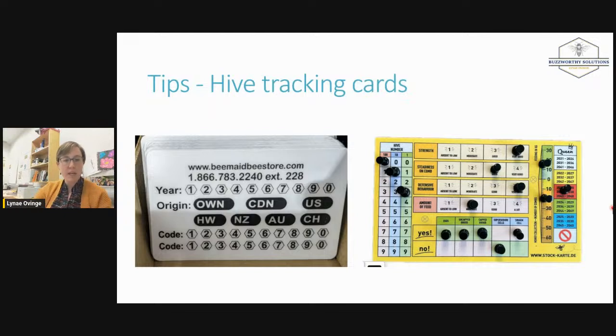Another tip is these hive tracking cards. I know about these because of Manitoba Beekeepers. I've seen Ian Stepler using them, and Phil, and it's a way you can track which of the queens you're buying cause higher winter losses. You can do all kinds of tracking using these hive cards. Those codes at the bottom, you might be able to use to say which hives have which treatments. And this one on the right has been blowing up my Instagram and my Facebook for many days. It's from Germany, and it's another kind of hive tracking card that you can use.